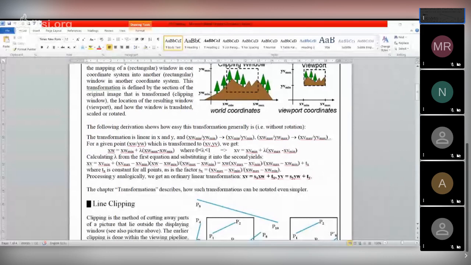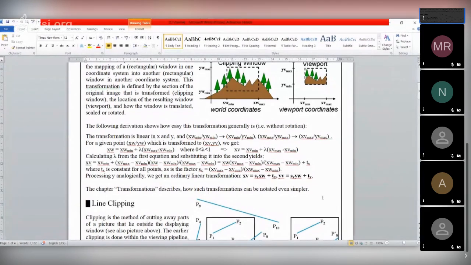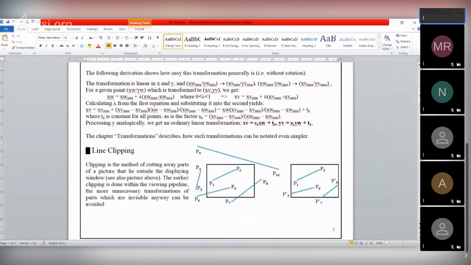Now, some mechanism is required when we set our viewport for capturing some real life scene.